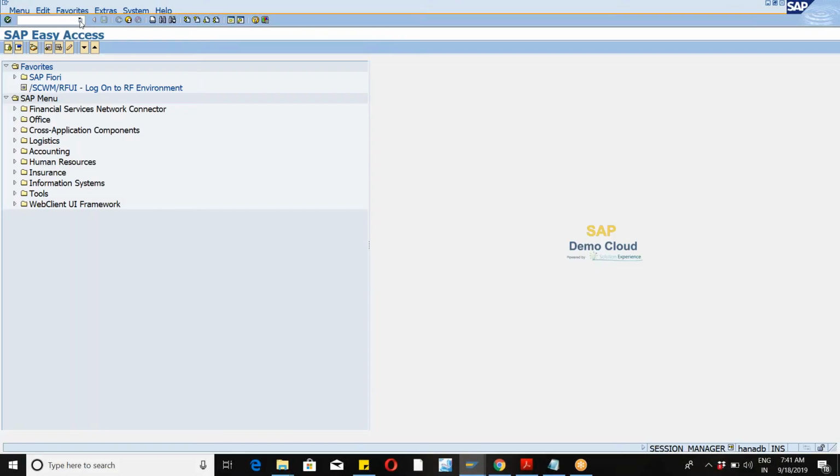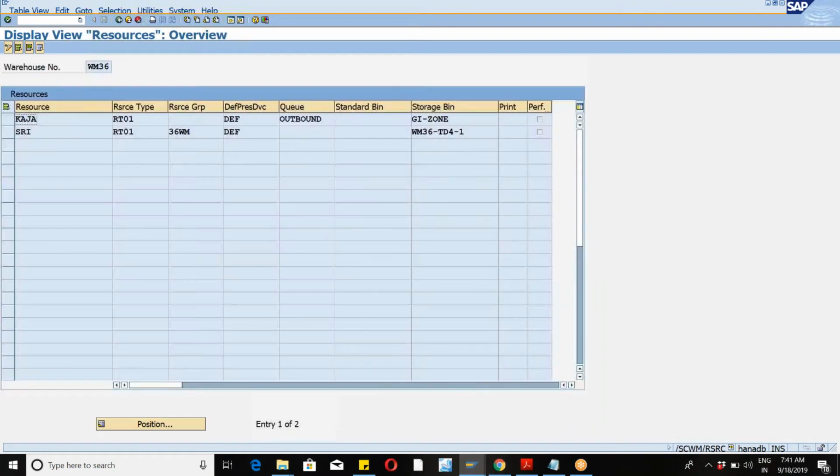What is the transaction for creating a resource? It is /SAWM/RSRC. This is the transaction. Now, in order to create a resource table and all these things, come on,